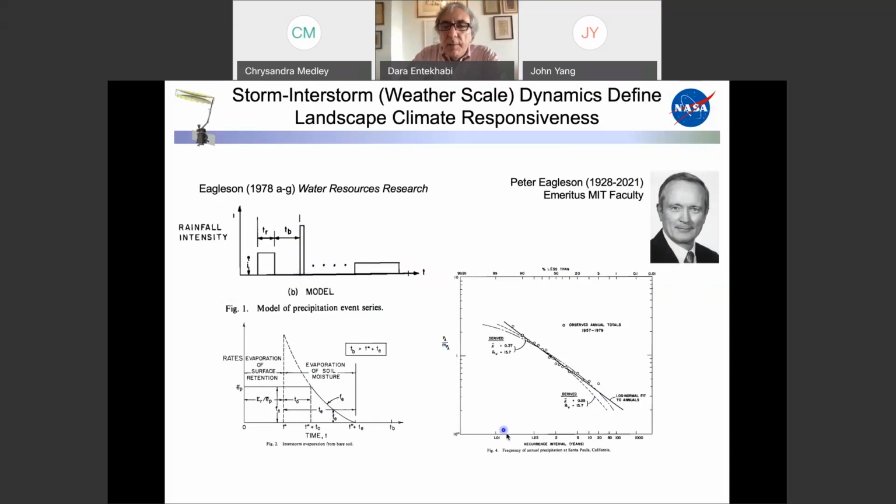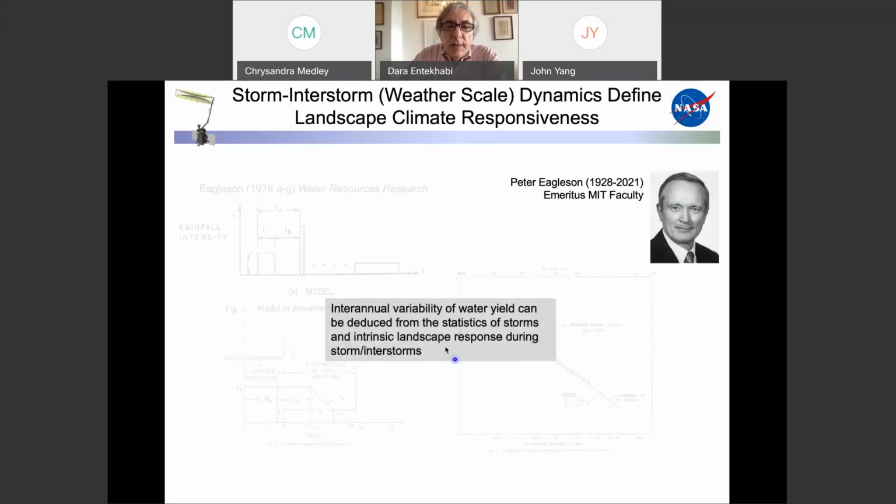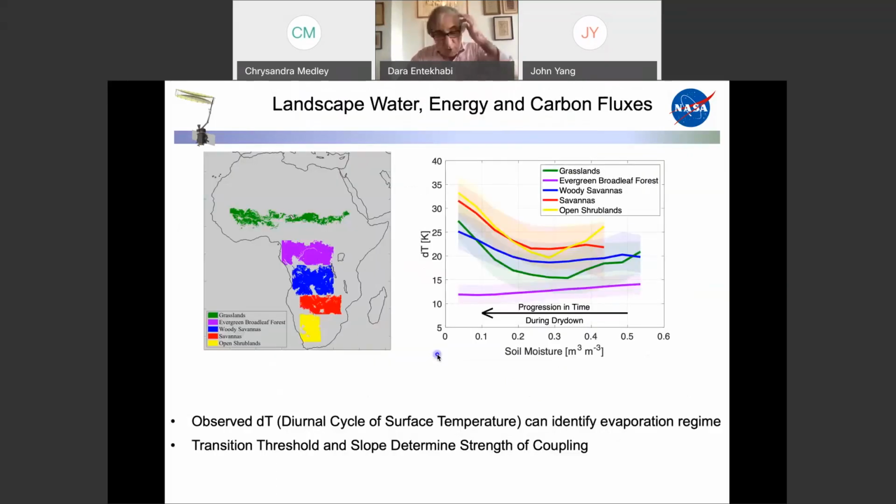So this is the cumulative density function, and this is the yield over the landscape. So he showed that climate scale variability, interannual variability, can be deduced from the statistics of storms, and an intrinsic landscape response that gets established during the weather events. So we want to follow the same